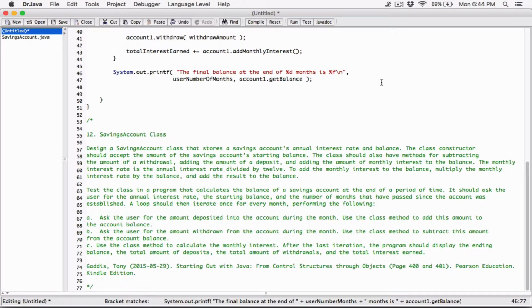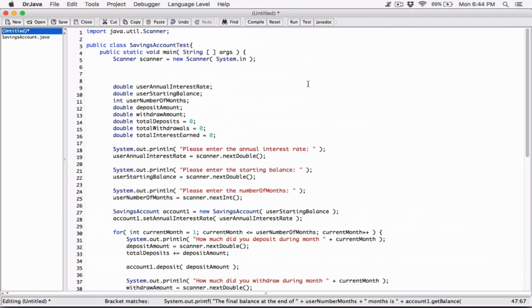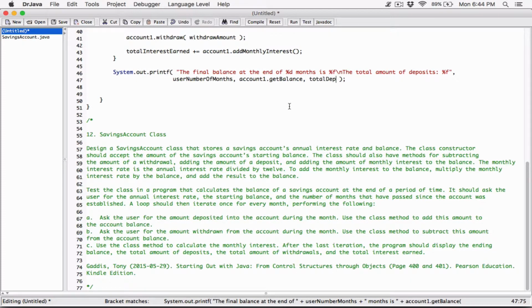Okay, so let's create a new line and then display the total amount of deposits. Let's put a colon here and then create another placeholder, percentage F, also for a float. And what is going to replace that placeholder is going to be total deposits, which we had here, right? So total deposits,